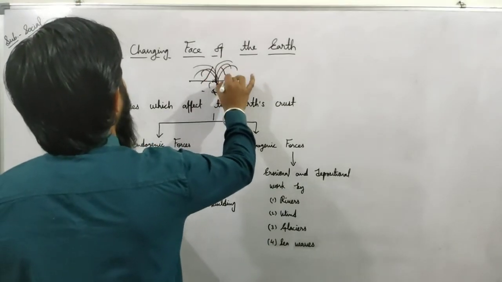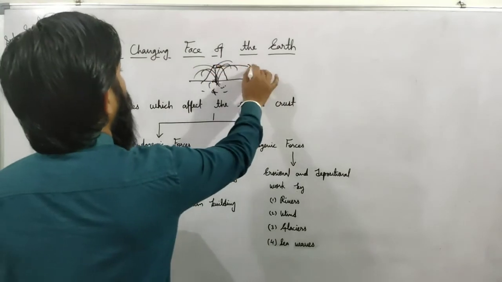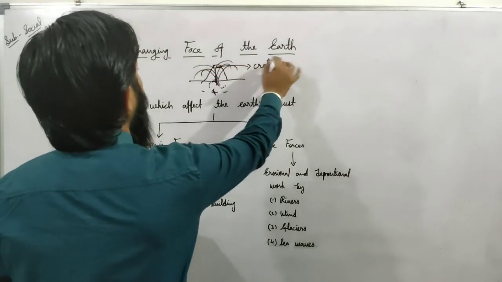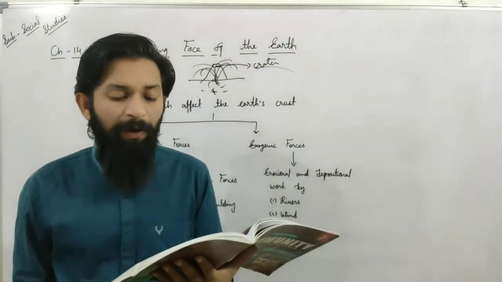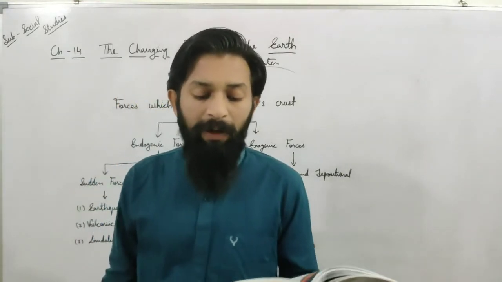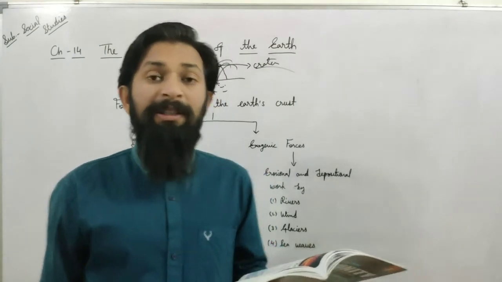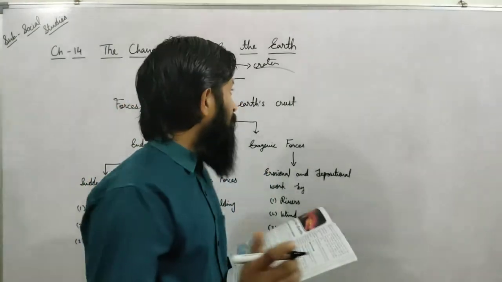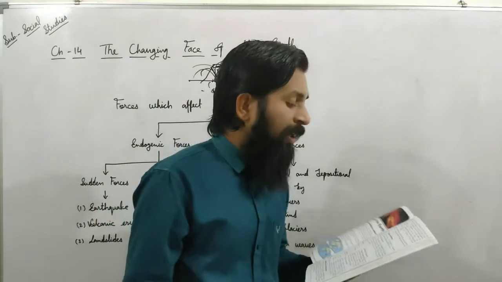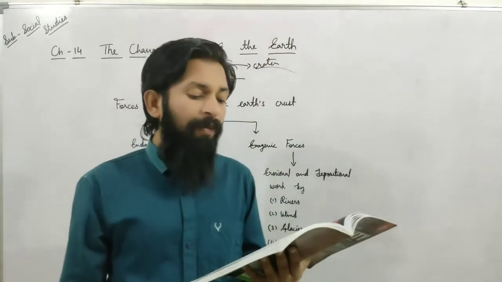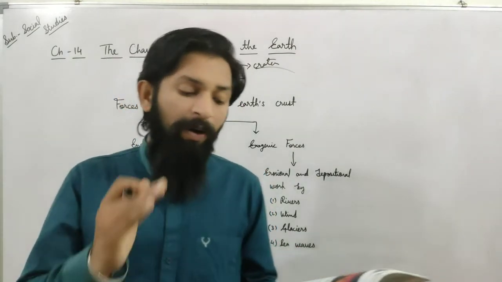That cup-shaped mouth is called the crater. Sometimes the material from the interior of the earth is ejected to the surface through a long crack-like opening called a fissure. When very high pressure is there, the crust will crack, and that type of structure is known as a fissure. The volcanic cone or mountain is formed when the erupted materials accumulate around the vent. Now we'll talk about volcano types.